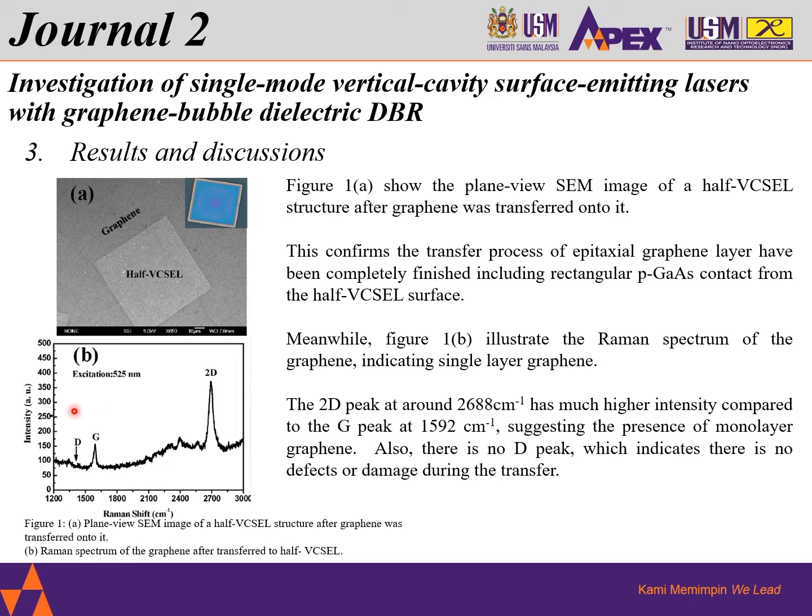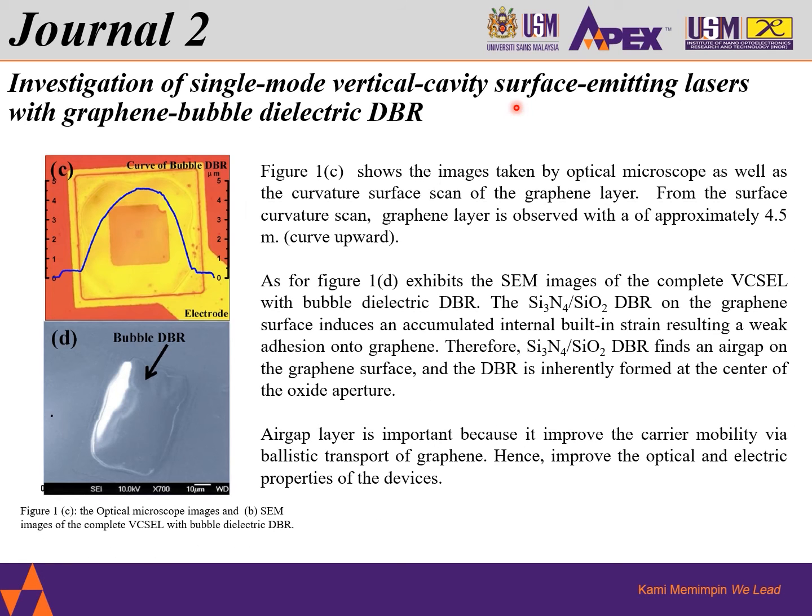Also, there is no D peak here, which indicates there is no defect or damage during the transfer. Let us continue with the physical characterization discussion. From figure 1c, these are the images taken by optical microscope as well as the curvature surface scan of the graphene layer. From this scan, we can see that the graphene layer is observed with an approximately 4.5 meter curve